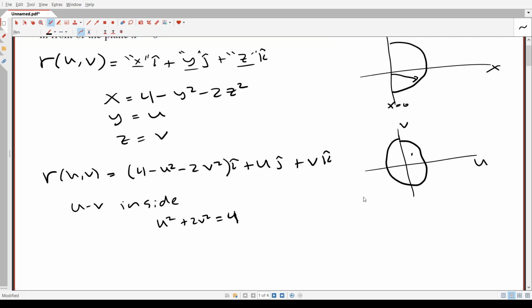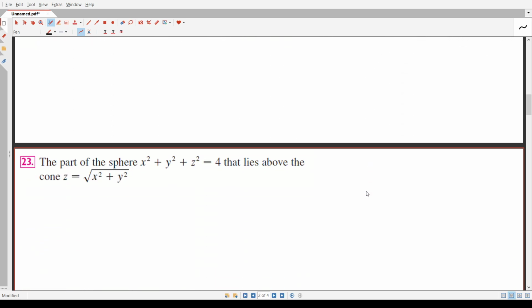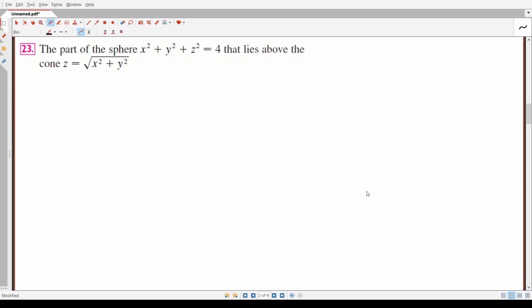Okay, next example. So I want to do the same thing, but for the part of the sphere that lies above the cone z equals this. Okay, so real quick, if I was to draw this from the side,